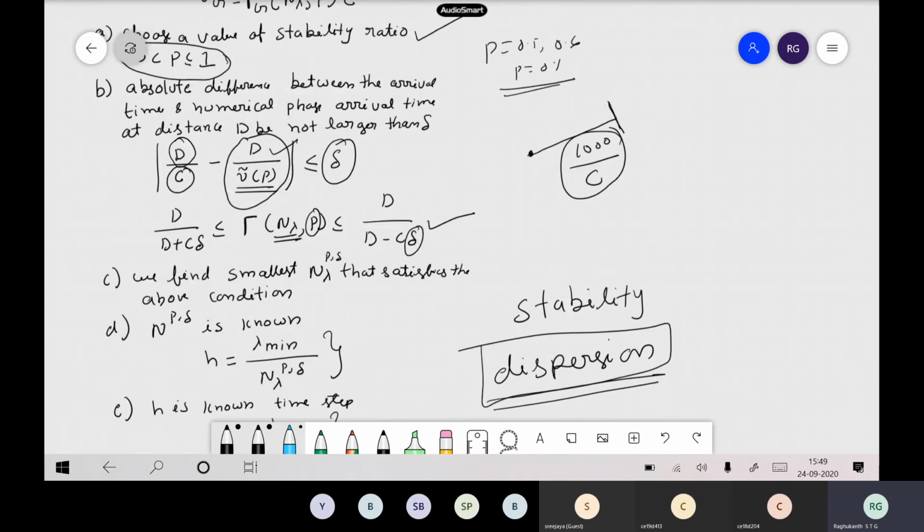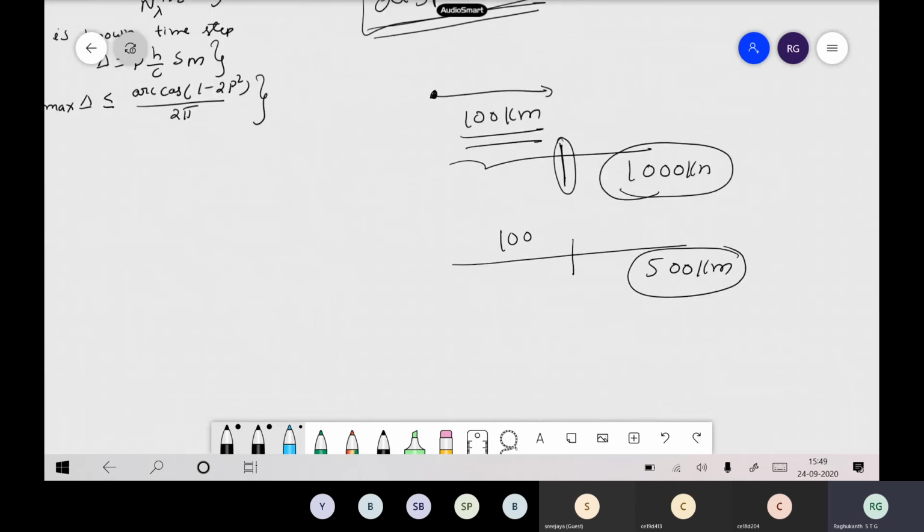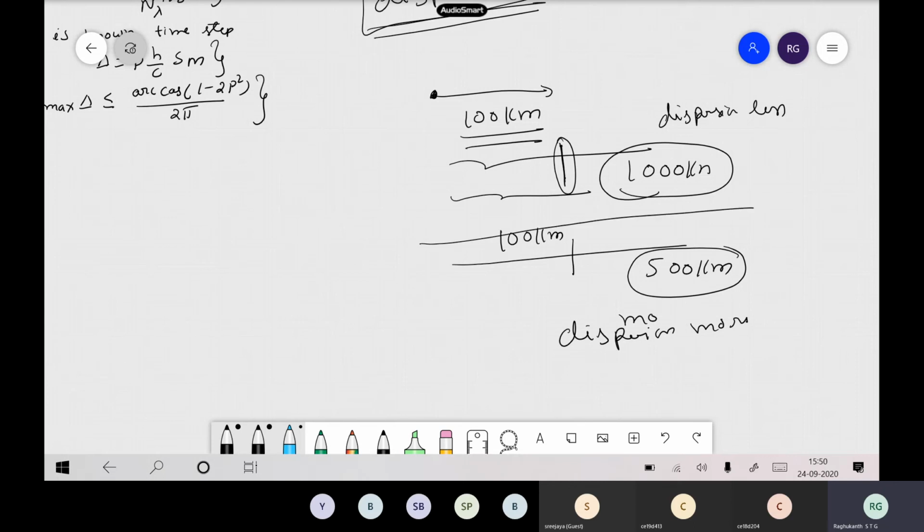So here, if you are calculating this amplitude at 100 kilometers only, the error here will be more, the dispersion, you followed. So dispersion will be more here, whereas here dispersion will be less, because you have taken a large region and got these numbers with respect to the large region, so at small distances this will be more accurate rather than these types of schemes itself. Okay, so this is broadly how you follow the procedure, right.